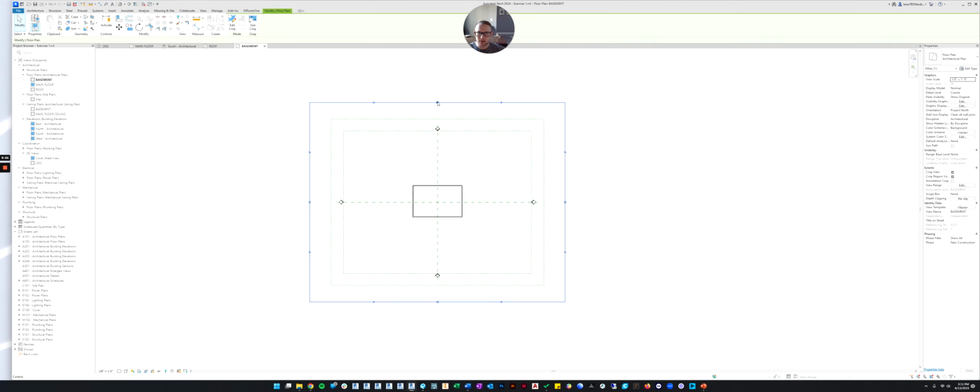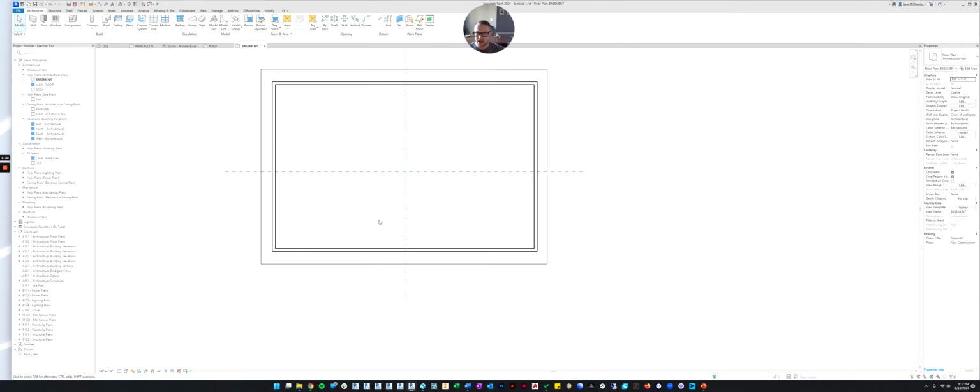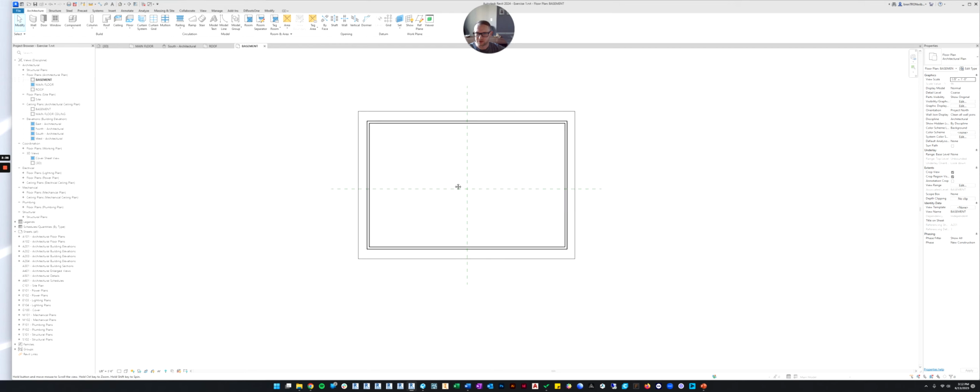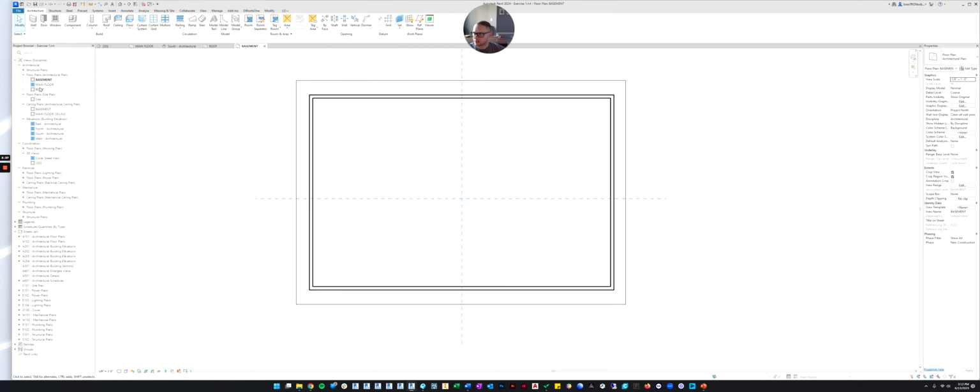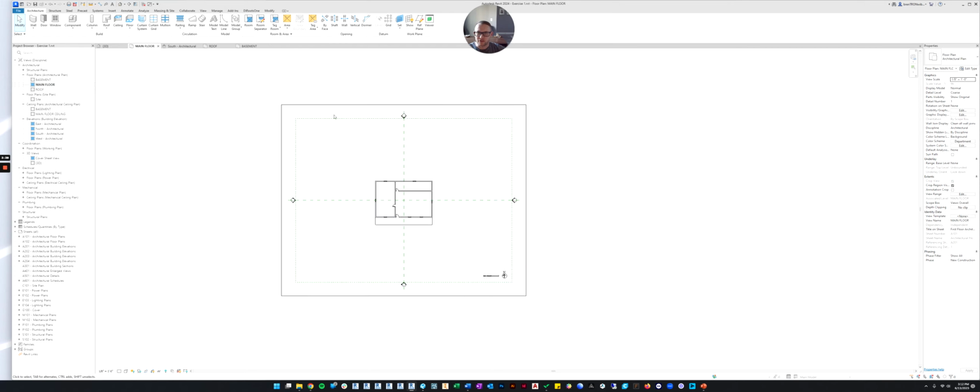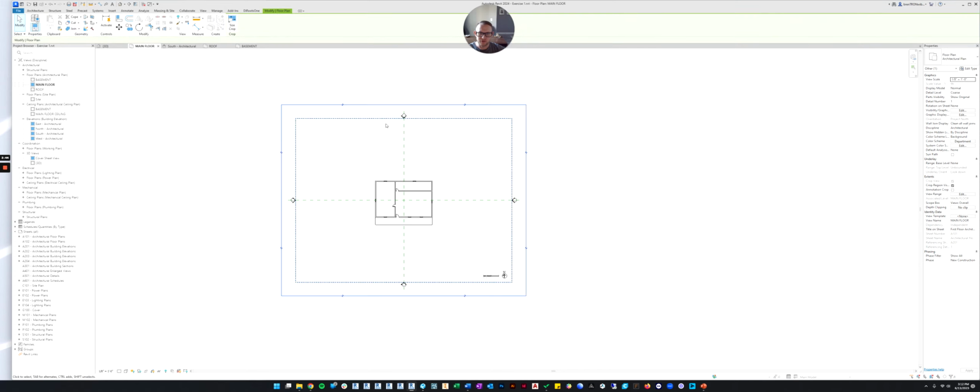We're going to click the crop region, click and drag a little dot. Click and drag, click and drag, click and drag. So there we go. Now we've got the basement cropped down to where we need it. Now let's do the main floor. What you're going to find is when we click on the main floor, there's no little dot to move the crop region, which is frustrating for new people because why isn't it there?